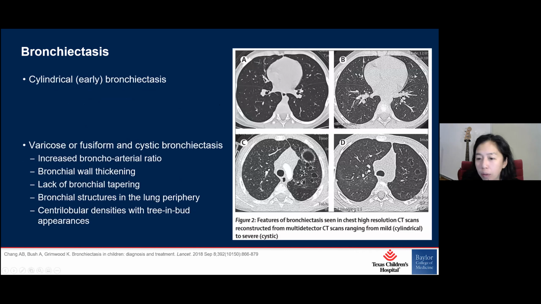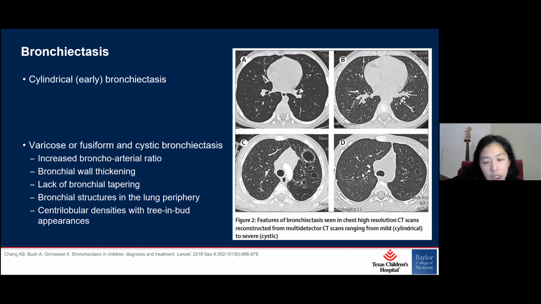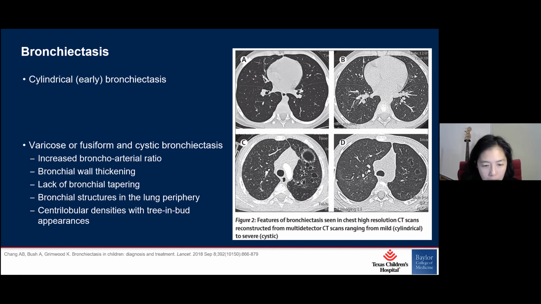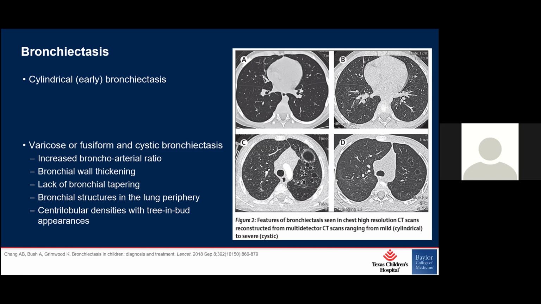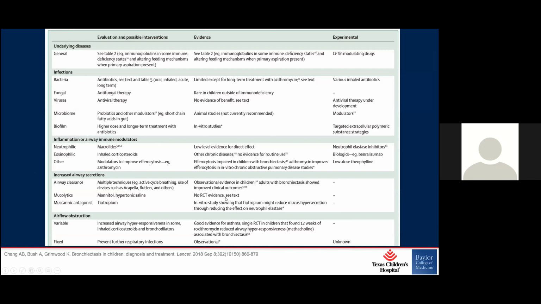And then here are the radiographic findings. In the early findings, the bronchi can take on this really cylindrical form. You can see the bronchi going out to the margins on CT. In the later and irreversible findings in the lower two slides here, you can really see these large dilated cavitary spaces. And one of the things that my pulmonary colleagues have taught me to do is to look at the relative bronchial diameter to the neighboring vessels. When the bronchi start looking bigger than the neighboring vessels, then it's possible bronchiectasis.